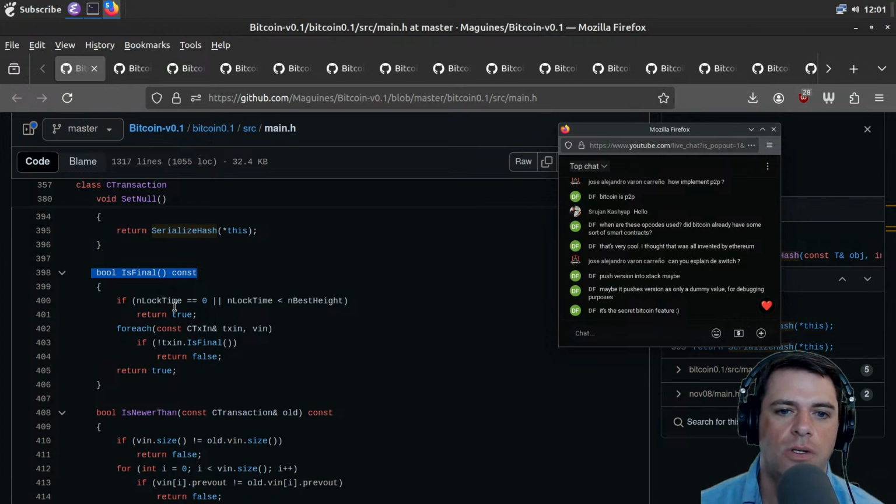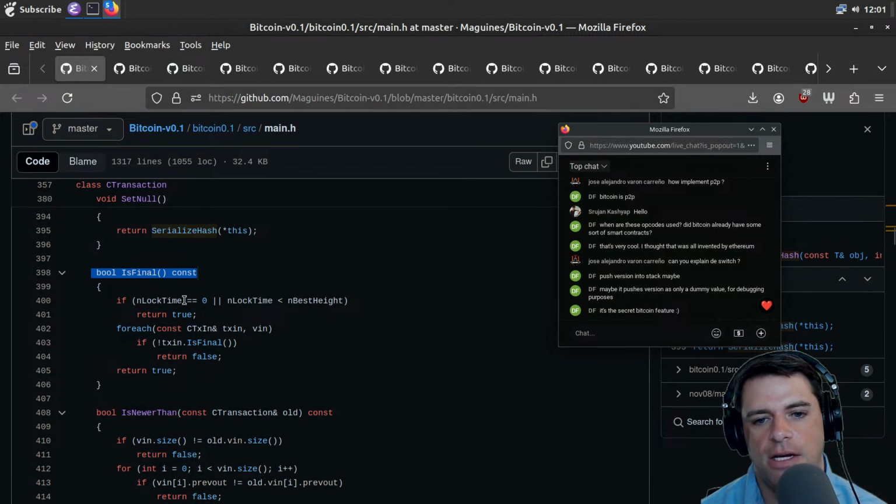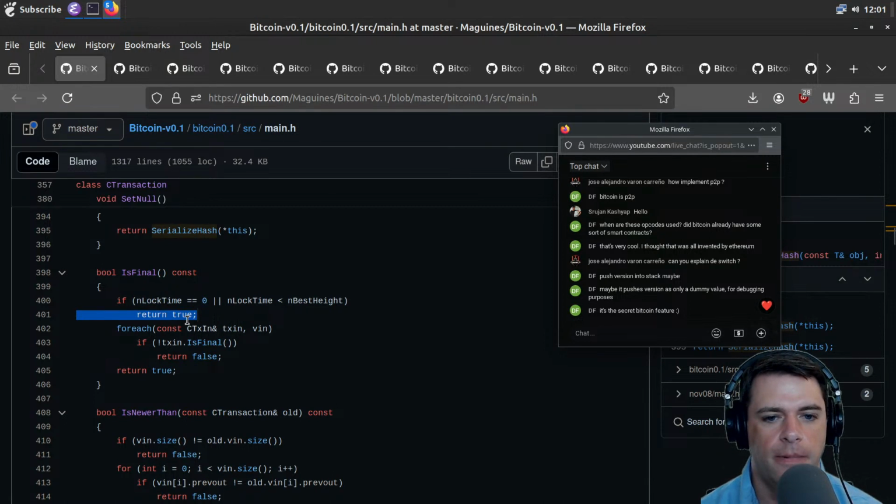And so once it's nearly impossible, you treat that transaction as final. So I think that this is some logic to handle that. So if lock time is 0, or lock time is less than best height, then we return true, it is final. Otherwise, for every transaction, for every input,